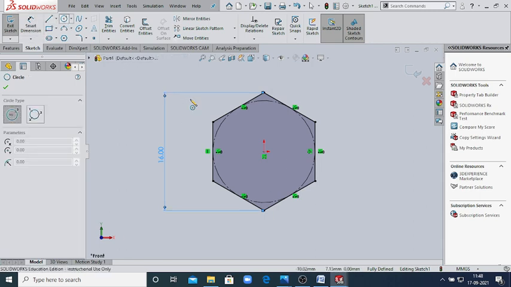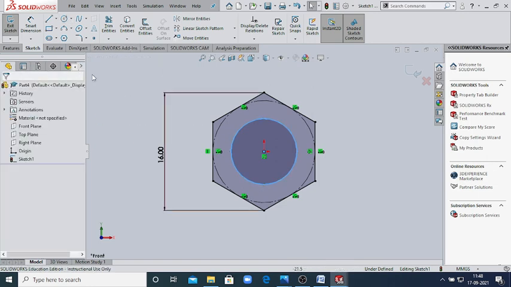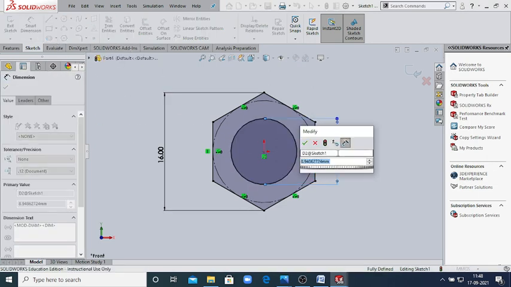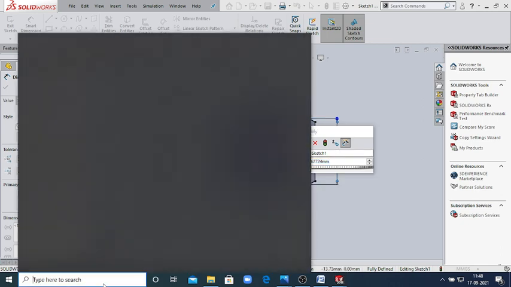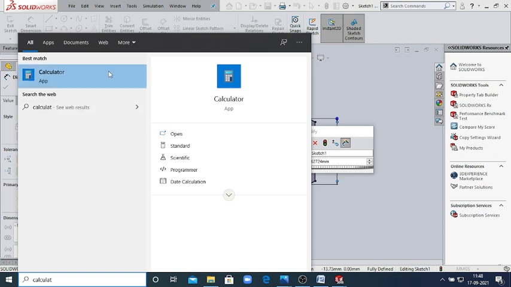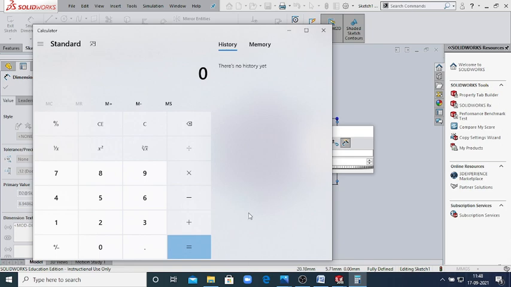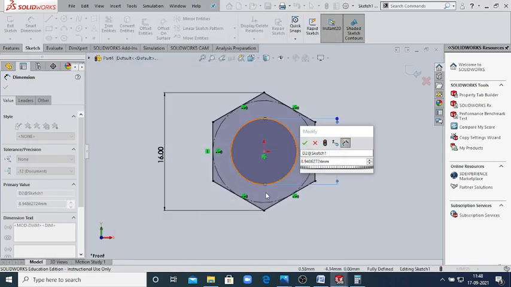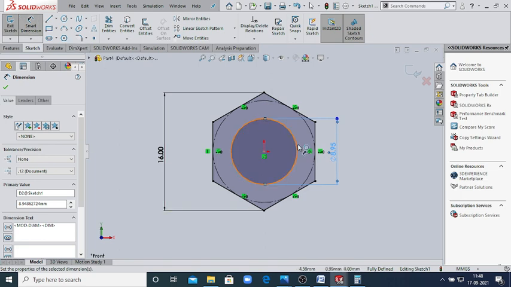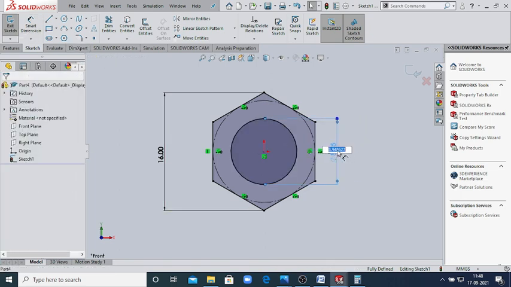Then draw the circle inside of this. The circle is .08.